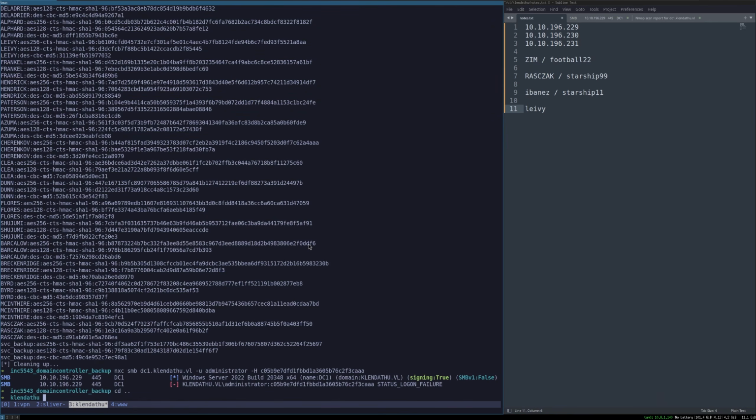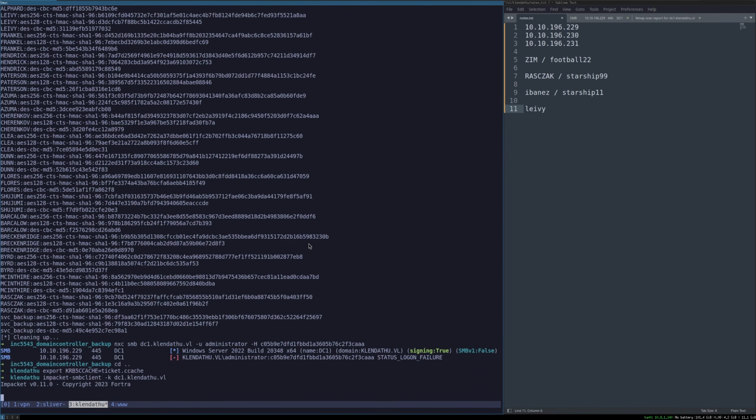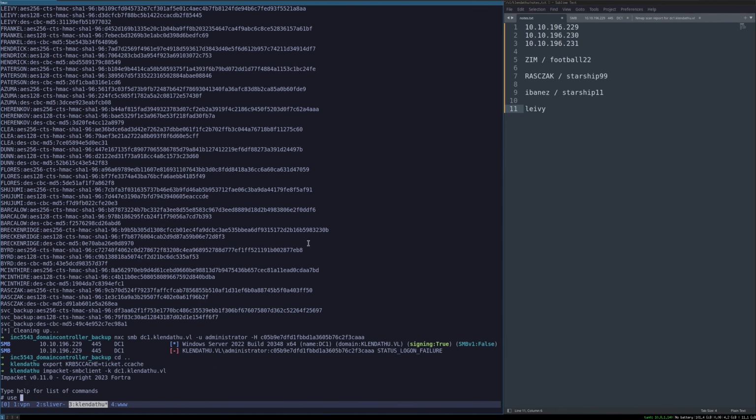Let's just go back and see if we can browse that share now. So I'll just set the ticket. Then we'll use smbclient. I don't even need to give it the